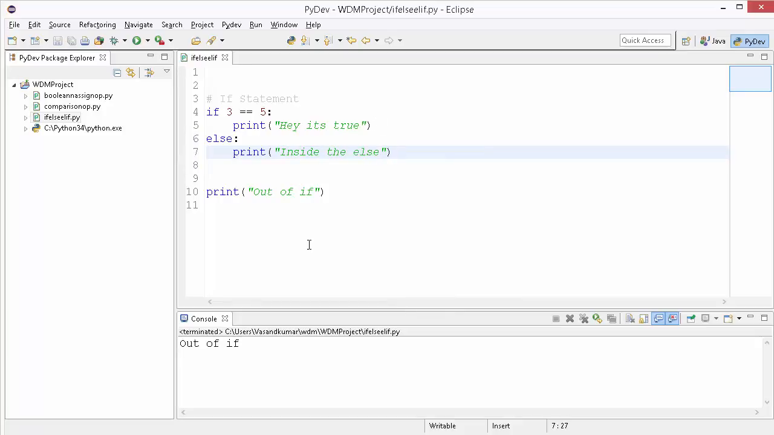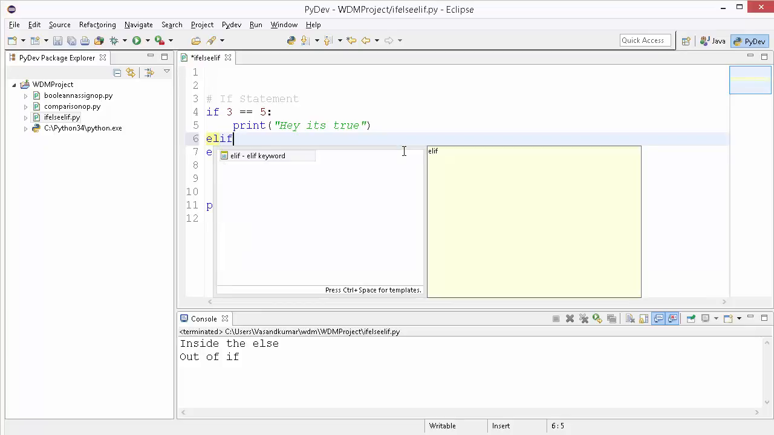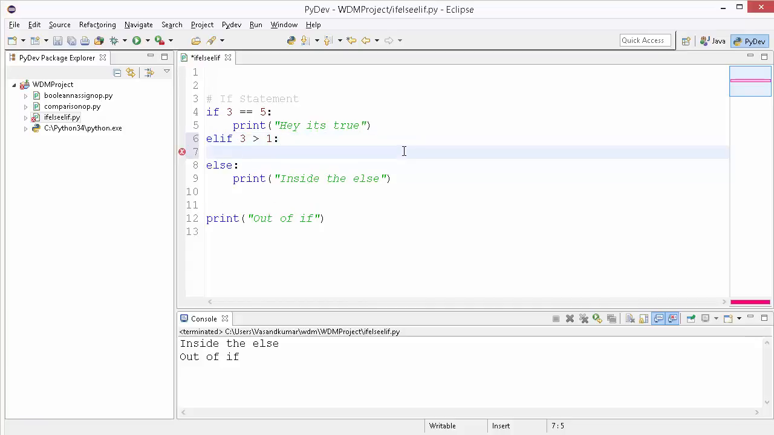Okay, now two of the lines have to be printed. When you run it, inside the else, out of if. So now there is another thing that I want to show you: if you want to check for another condition, elif, space, now you have to specify the condition, 3 not equal to, no, greater than 1. Now this is true, enter, print